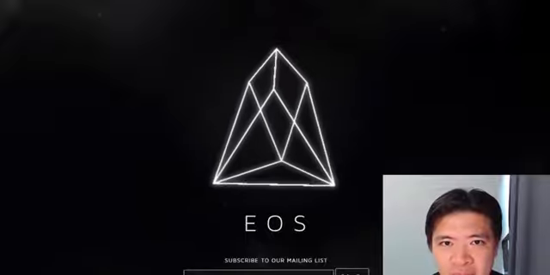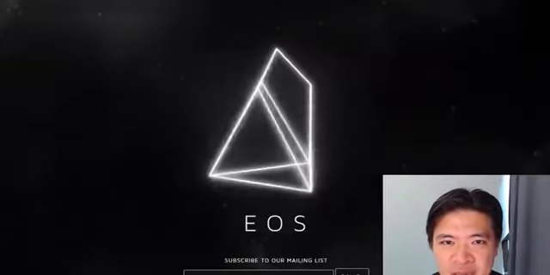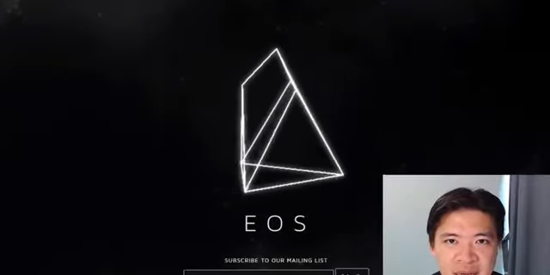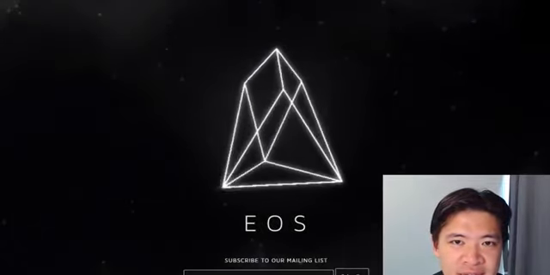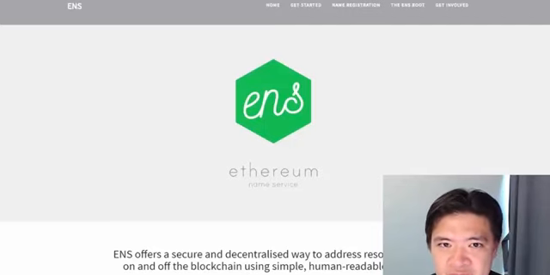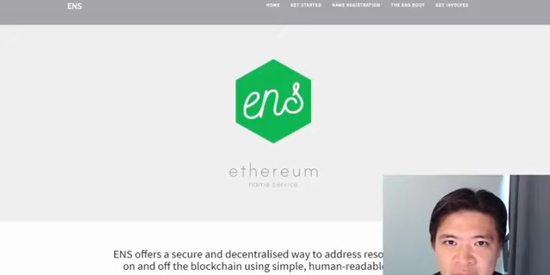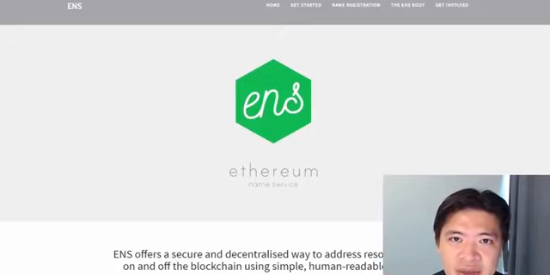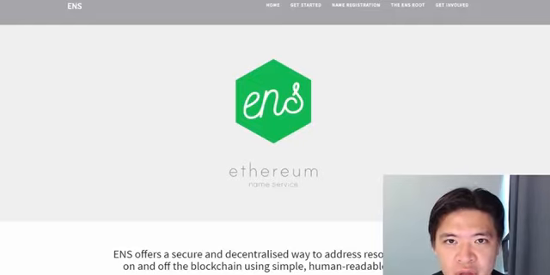So let's start off by summarizing the key concept behind EOS. EOS will be a platform to support decentralized apps. That is its core, and it's designed to be a very easy way for developers to create decentralized apps. The Ethereum name service is a very good example of a decentralized app. It allows you to buy various Ethereum-based domain names by interacting with this kind of app using smart contracts. You can perhaps bid on a name, then send various amounts of Ether for a bid, and now you're interacting with a decentralized computer. There's no central authority here.